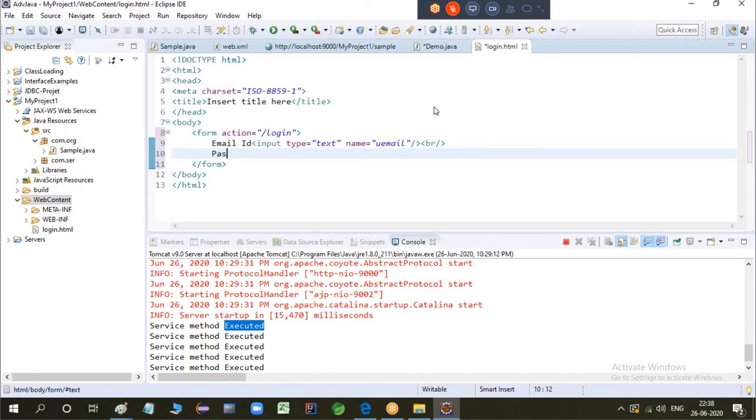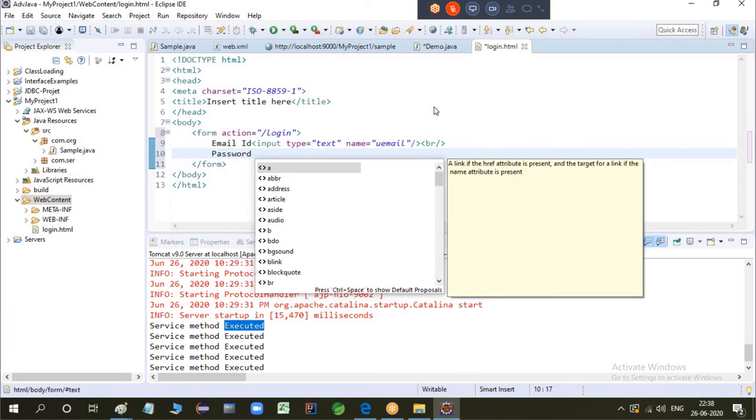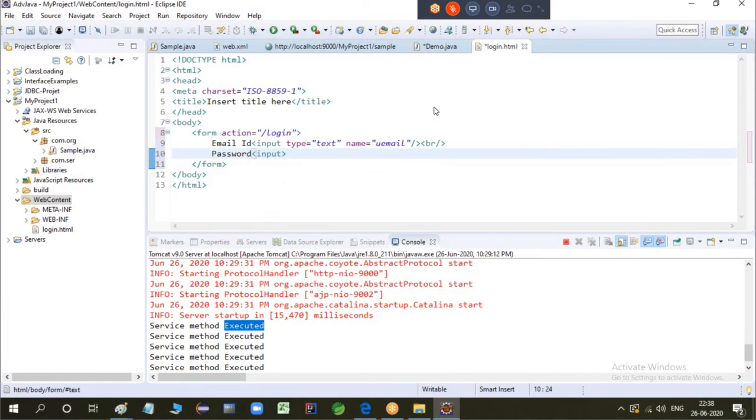Same way, password input. What type of input you wanted to give?